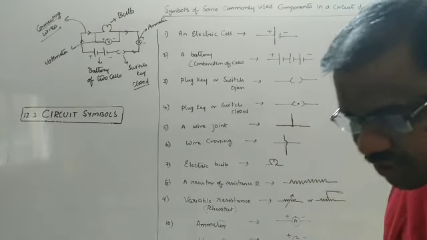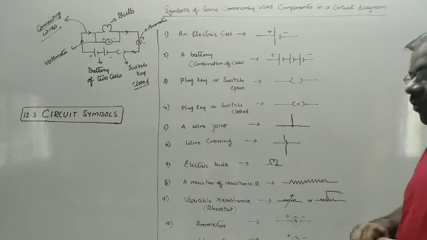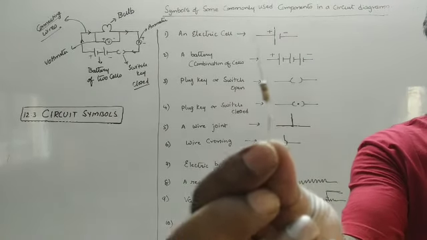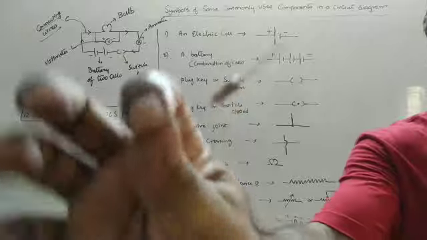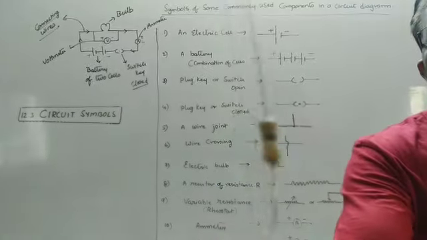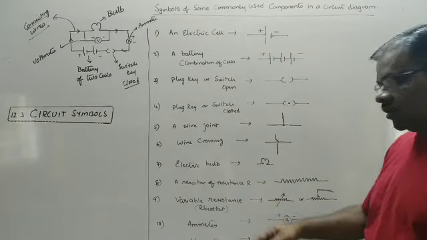Now resistors are very small things which are used for opposing the flow of current. Now this is an example of a resistor. This resistor very clearly shows that it can offer the resistance to the flow of current. Just like we have speed breakers on the road, the resistors will offer resistance to the flow of current. Then we have got variable resistance or rheostat.